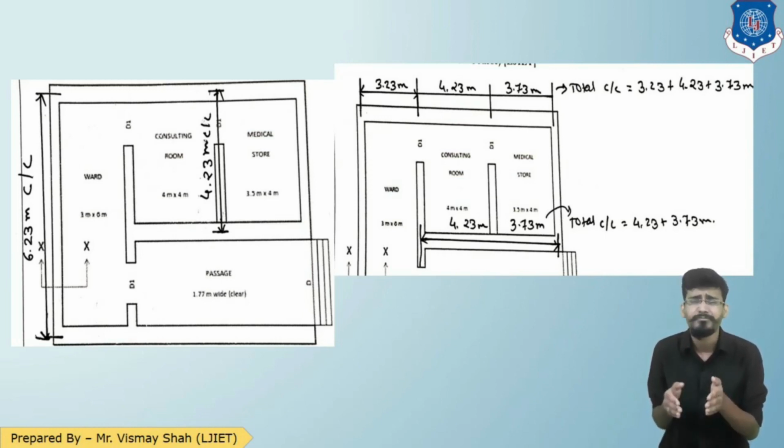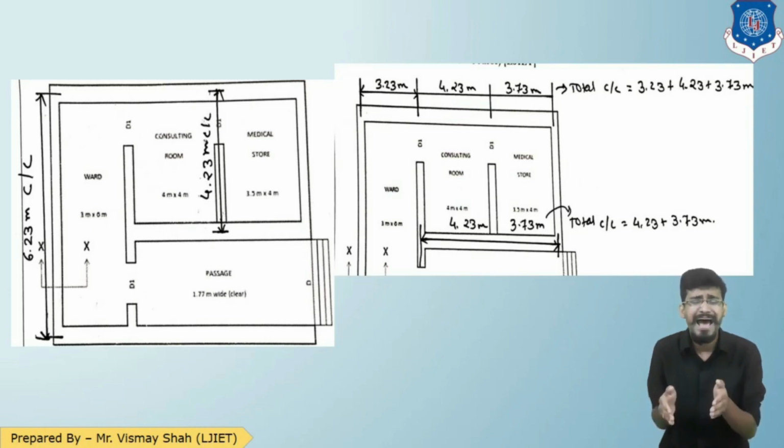Then the horizontal dimension for the consulting room is 4 meter, so center to center 4.23. Then the horizontal dimension for the medical store is 3.5, so center to center 3.5 plus 0.23,